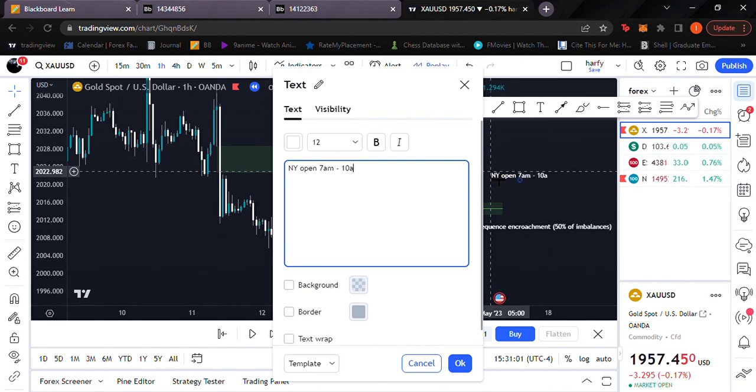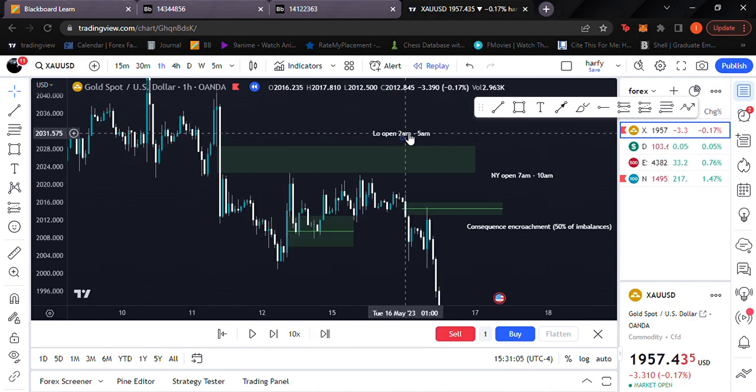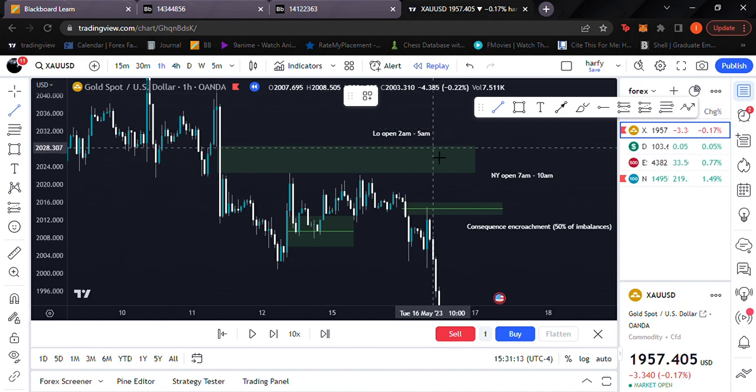To 10 a.m. This is the New York kill zone. This is the London kill zone. In these times in particular, you'll be able to see high probable trades as price respects these imbalances, disrespects these imbalances, and looks for draws